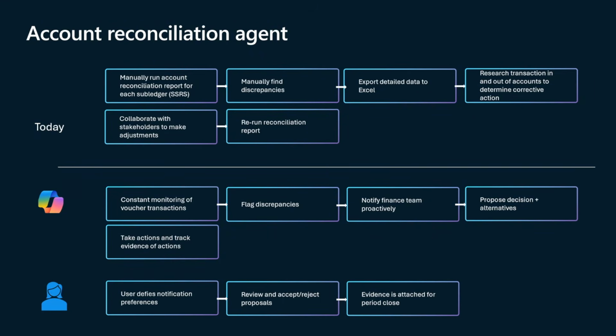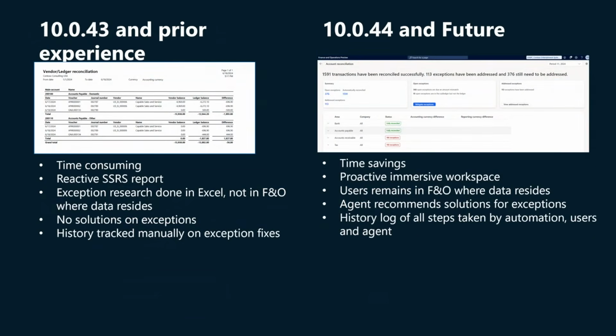And then the user is next to this to oversee, to control, to govern that process. So we're defining these notifications, right? We review and accept the proposals, or we reject them. And this is the process we would like to see in future, with the help of the account reconciliation agent. Another view to this is when we compare the application versions, 10.0.43 and prior, versus what's coming within 10.0.44